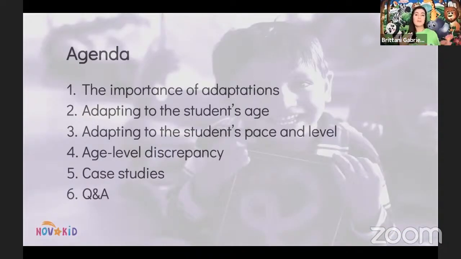Before we can focus on how to adapt to the student's age, pace, and level, it's important to look at why. So first, why is it important? Then we'll look at some different ways of adapting to the age of the student, then the pace and level of the student. We'll look at what happens when the age and the level of the student don't quite align with how you're expecting.